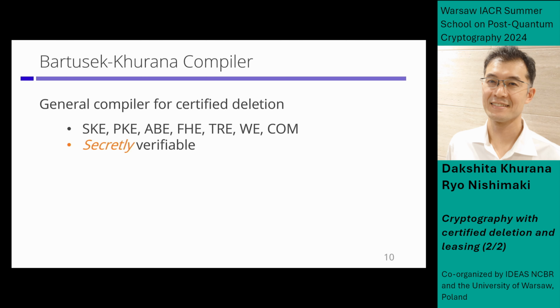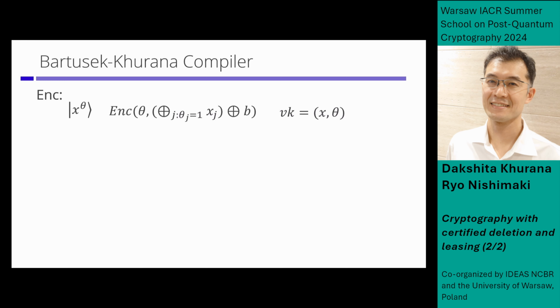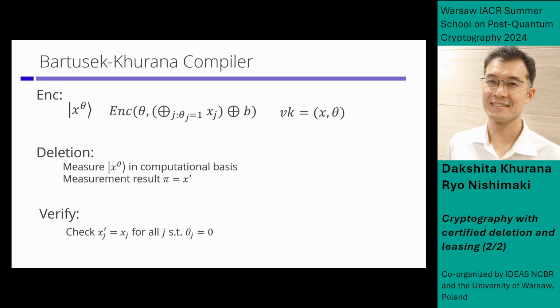Okay, so this is a brief review of the Broadbent-Islam compiler. It works for secret key encryption, public key encryption, and many other encryption primitives. But the disadvantage is that it is only secretly verifiable, because the verification key consists of x and θ. This is just okay. So again,